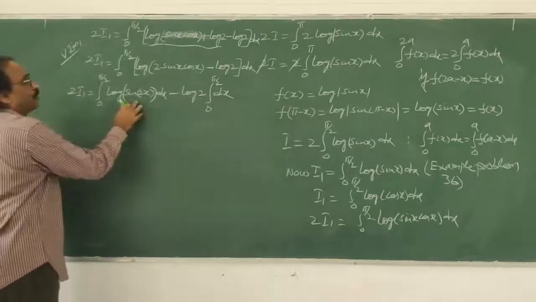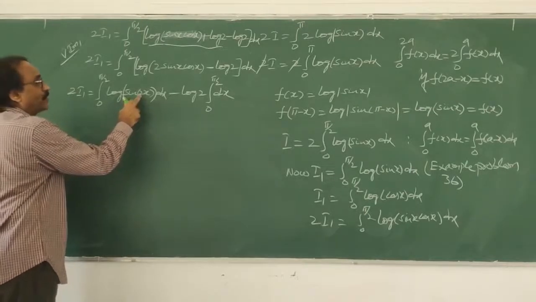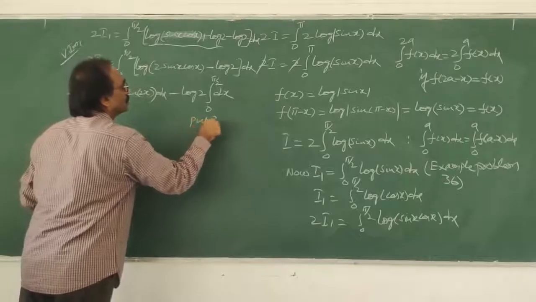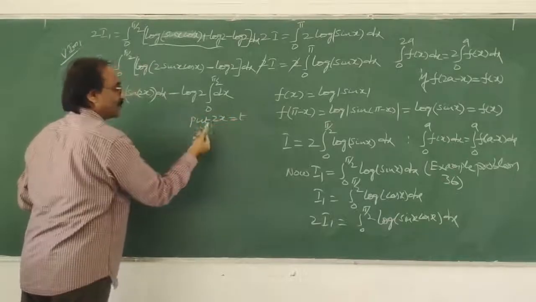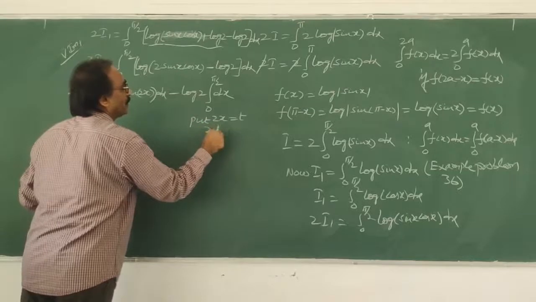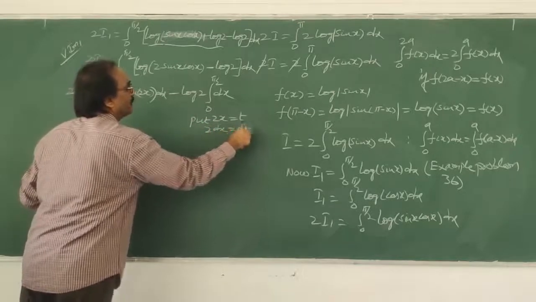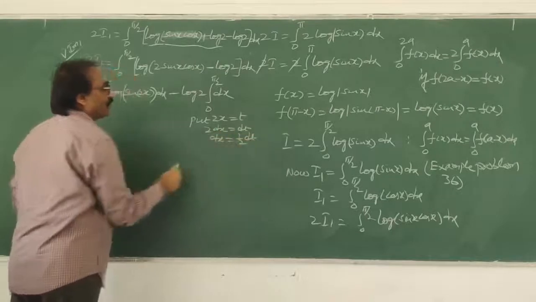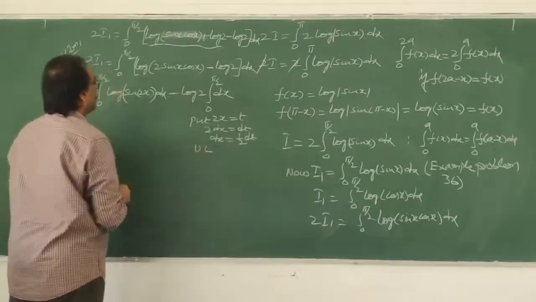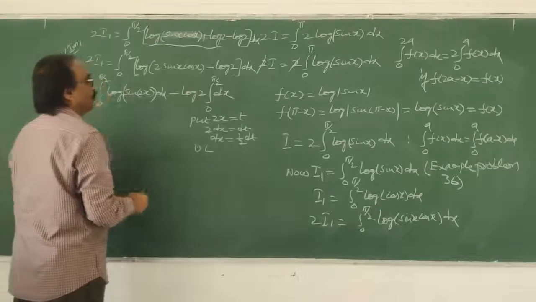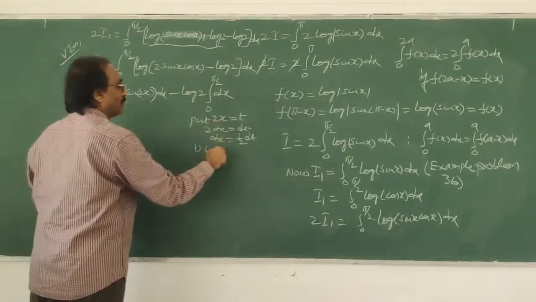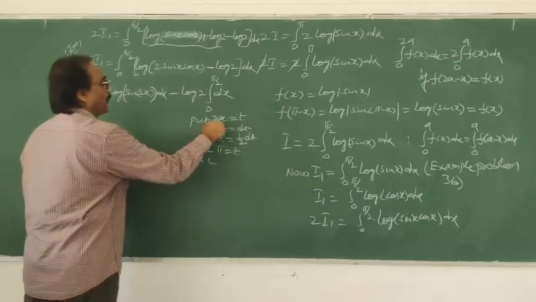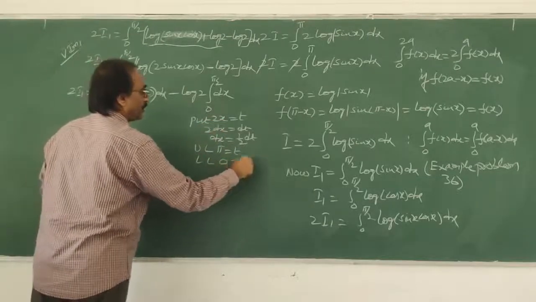This is again a substitution problem and a 2x is there. So now what I'll do here, put 2x is equal to t. Substitution: 2 into derivative of x, 1, so 2 dx is equal to dt. So dx is equal to half dt. Whenever you go for substitution, the limits will change. What is the upper limit? Pi by 2, so 2 times pi by 2 cancels to pi. What is the lower limit here? 0. 2 into 0 is 0. That is what you got.